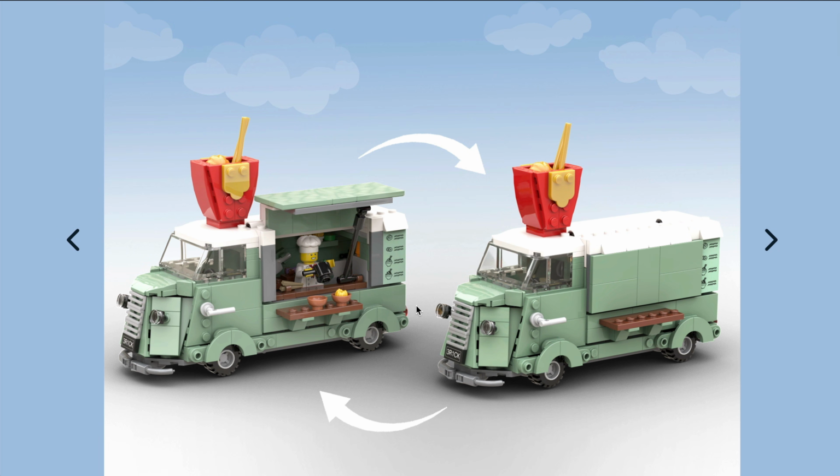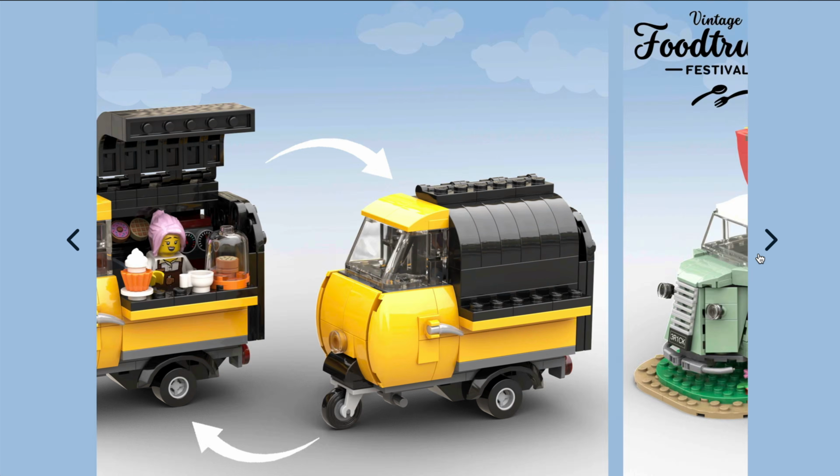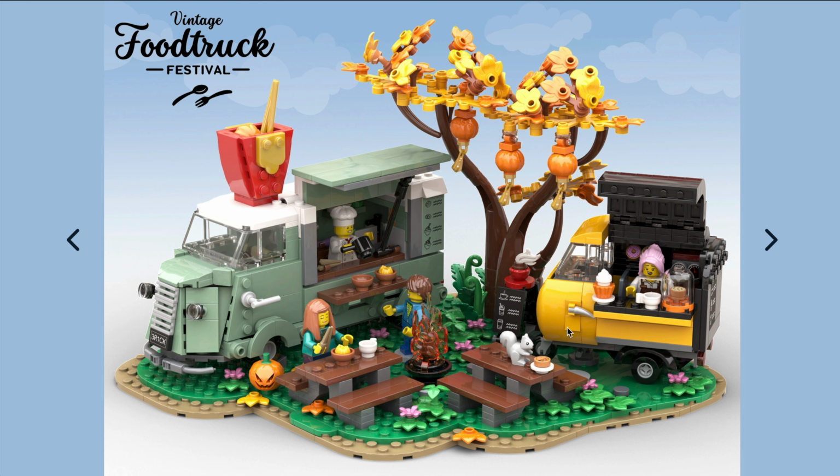And the fact that this has been done in a vintage style, it really appeals to me. And you've also got this wonderful little 3-wheel add-on build too. This would just go so well with a modular setup. I really like it. Of course, we also have a decent amount of space on the base too, the benches being a super choice for the minifigures that we get here, and of course any others that you want to